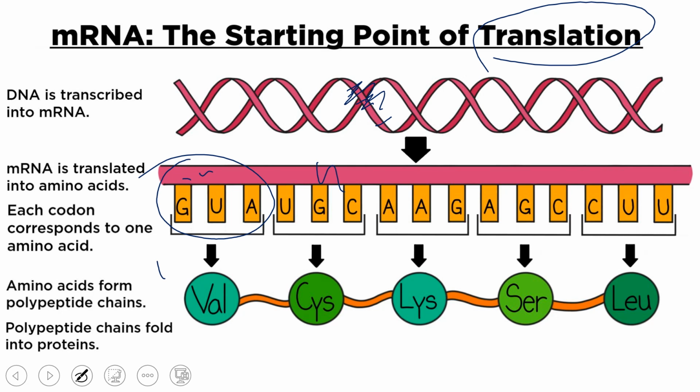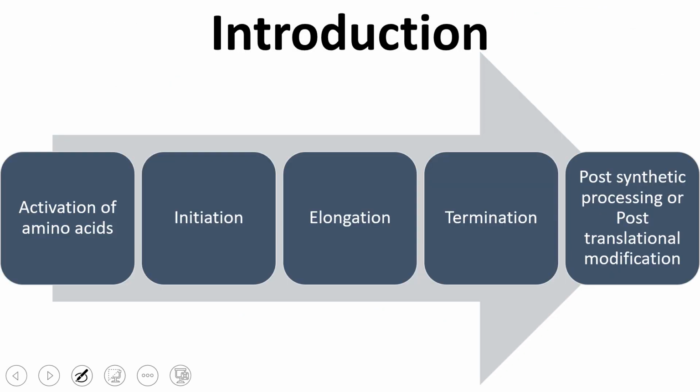But when you convert this messenger RNA into protein, here we have the language of nucleotides, and we are going to convert it into the language of amino acids. So conversion of one language to another language is called translation. Normally when you convert Hindi to English, Hindi to Sanskrit, Sanskrit to Hindi, Tamil to Telugu, that conversion of one language to another is called a translation process. So here also we convert the nucleotide language into the amino acid language, and that is called the translation process. In the translation process, basically we have 5 different steps.